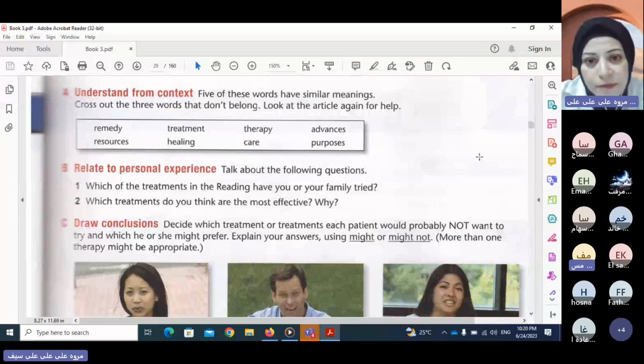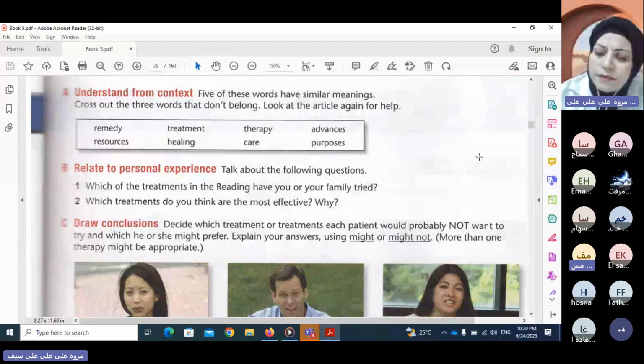Mr. Saber, go ahead. Yes, I think conventional treatment is very useful because it is based on scientific study and research. And really, my wife had three surgical operations and also my children too. So I think, thank God, that conventional treatment is the most effective. Okay, is that all, or are you going to tackle number 2? Yes, that's all. Thanks a million for that. May Allah bless you all.